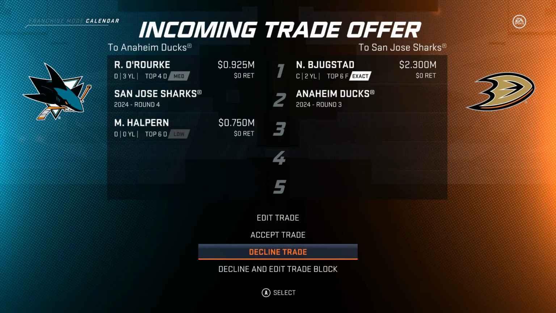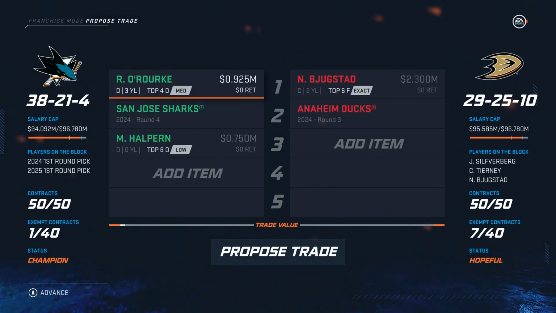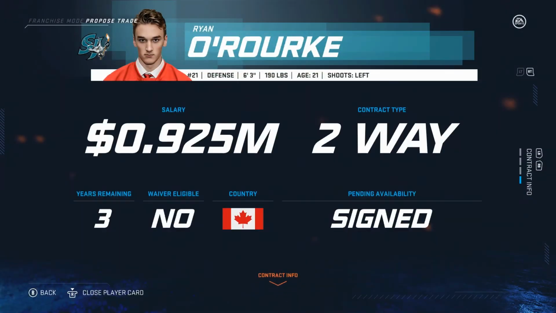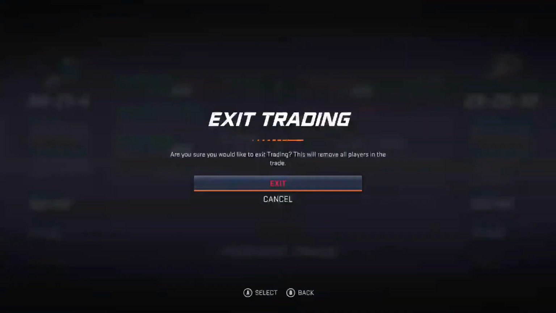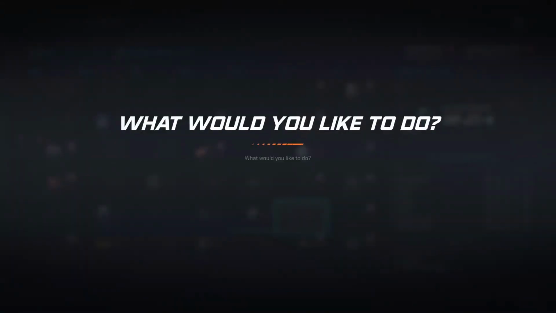Nick Bukestad here for O'Rourke. O'Rourke, I don't want to give him up because he is a big part of our future for the defensive depth. 76 overall, honestly not having the best of years in the AHL. We've got him on that top line. He does have 3 years left in his deal. I'd rather hold on to him and grow him a little bit here. So we will go ahead, decline that trade, end up losing to the Capitals, and